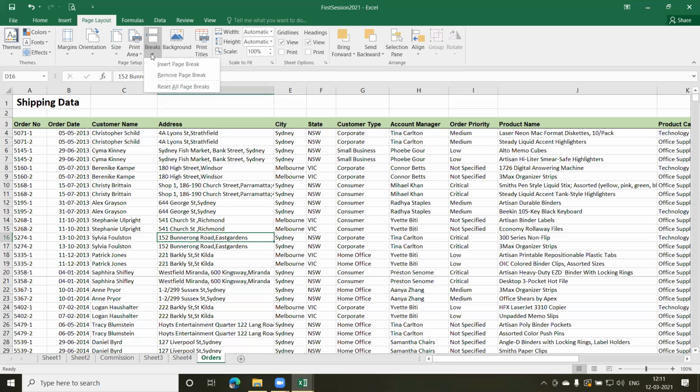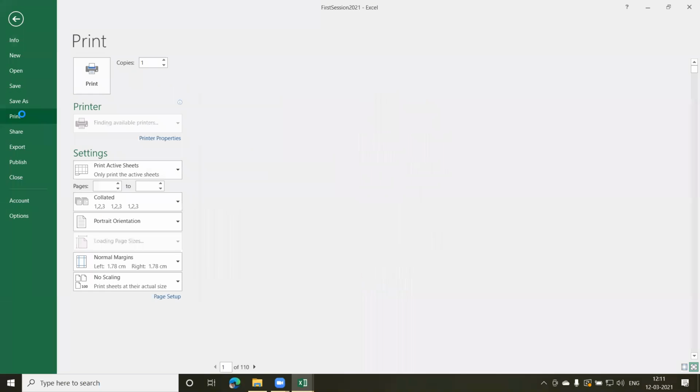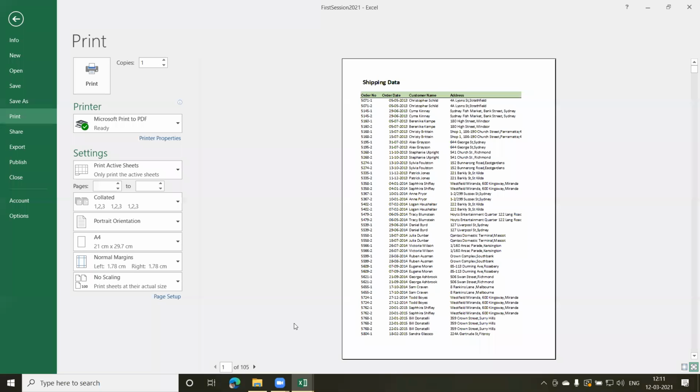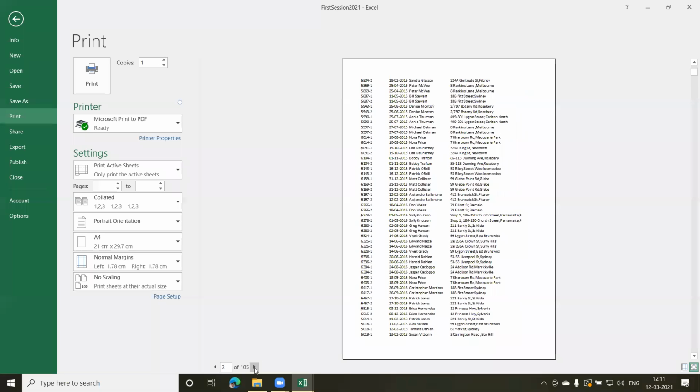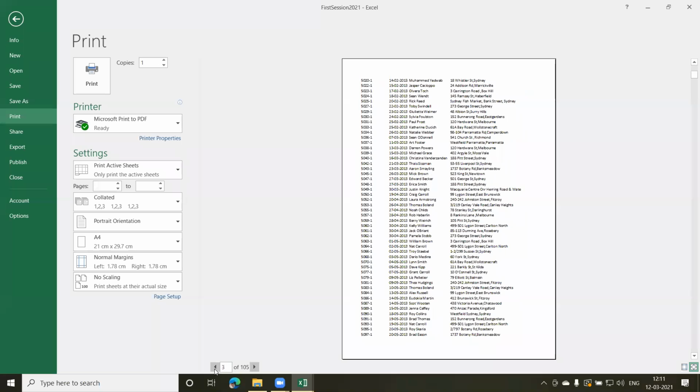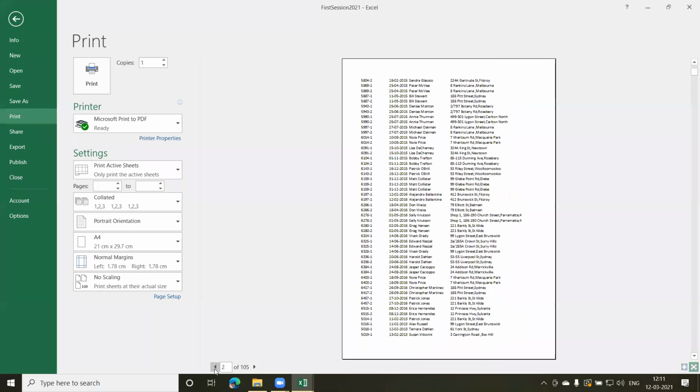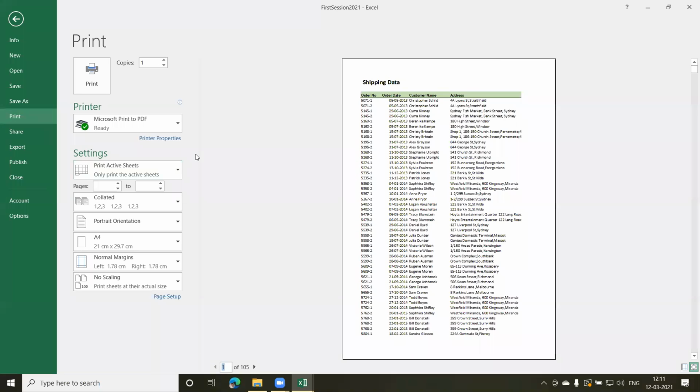You can click on this button and just click on Reset All Page Breaks. This will also help me. So I click on this, and now when I go back, you'll find the page break has been removed, and the original page breaks, depending on the page layout and your margins, are what you can see in the data.